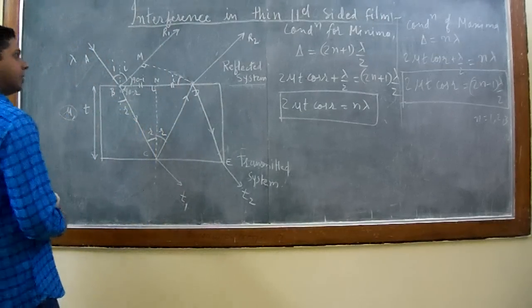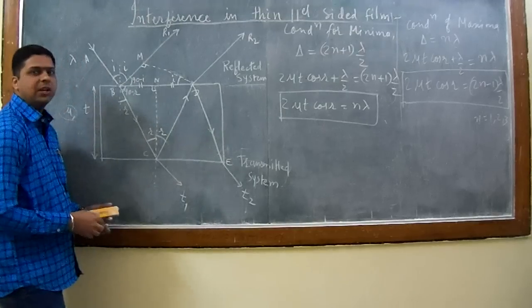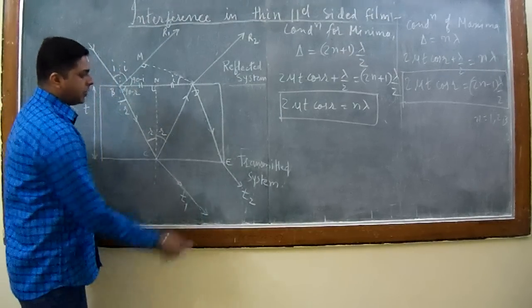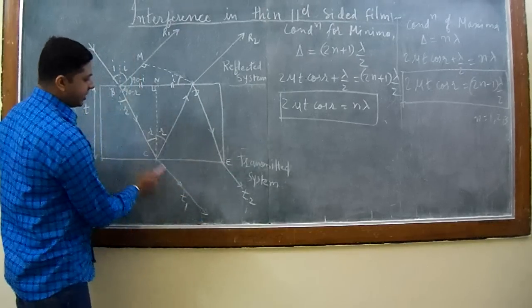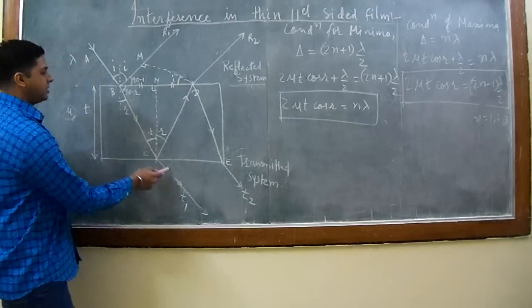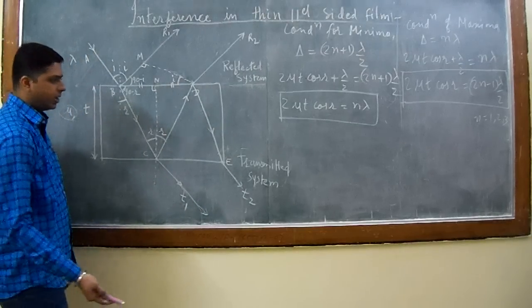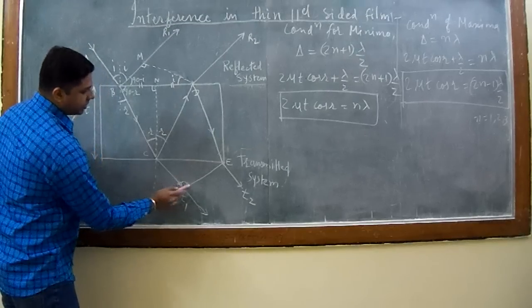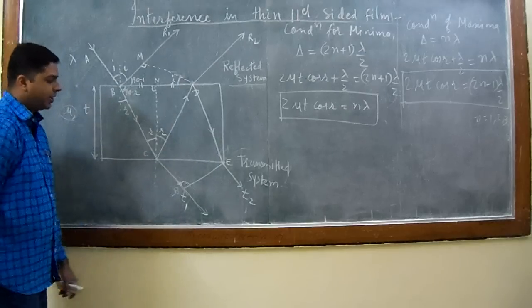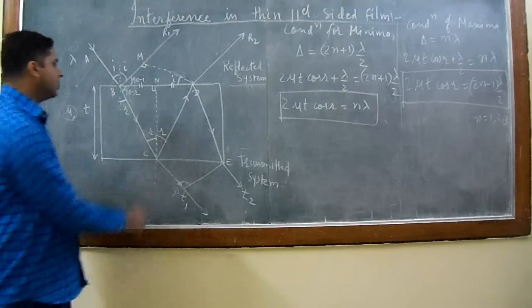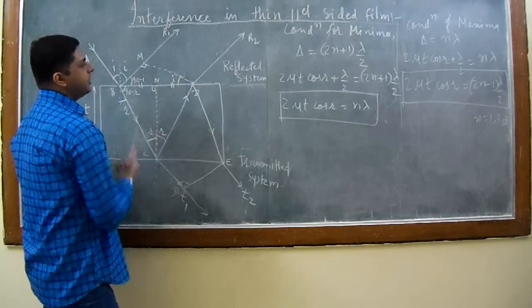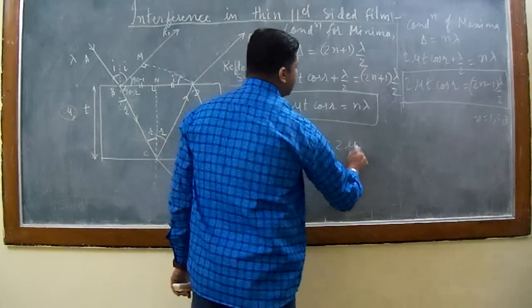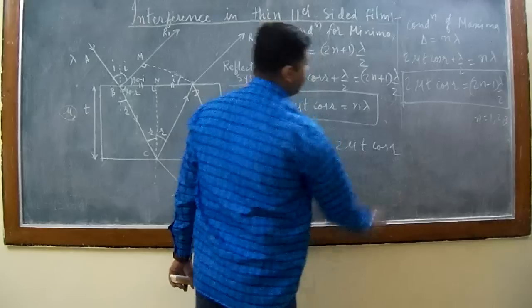Then we can write down the conditions of maxima and minima for the transmitted system as well. So we obtain two rays in the transmitted system, that is CT1 and ET2, and as they are obtained from the single incident source, they are also coherent in nature. Then in order to calculate the path difference, we draw a perpendicular, say EQ, on the path of ray CT1. If you look at the geometry of the figure, it is the same as the previous one, and therefore the optical path difference for the transmitted system is also 2 mu t cos r only.